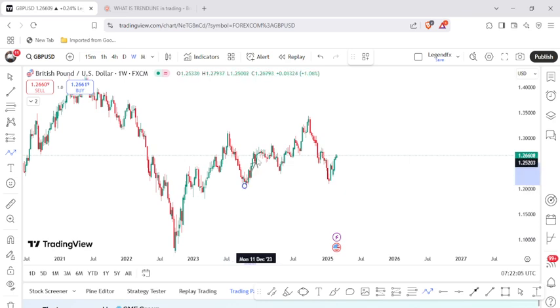The market pulled up from here, came down, pulled up, came down. The market pulled up and started going up again, which is a higher high, higher low, higher high, higher low. The market moved up again to a higher high, then came back down with a lower low. The market changed again, moved up again to a high, then came back.